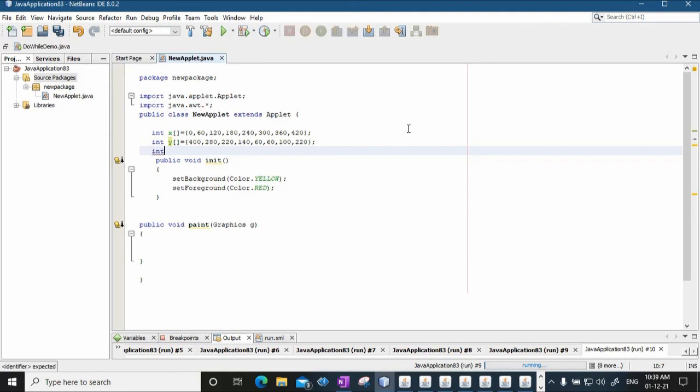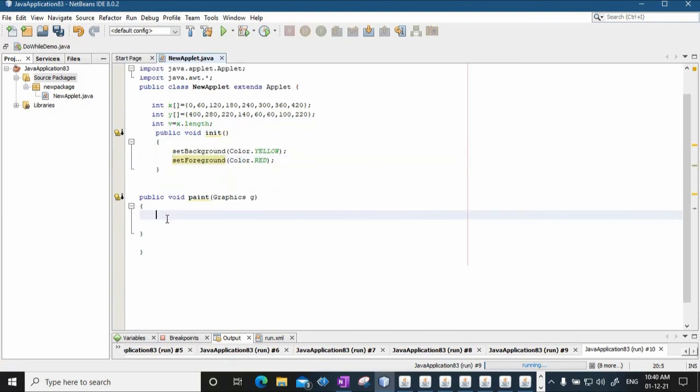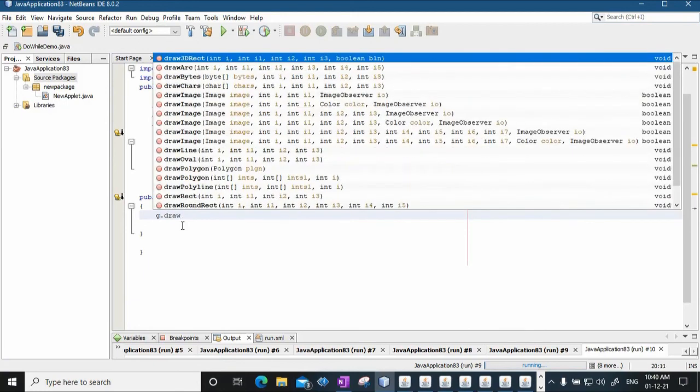Then for the number of vertices, I'll say int v is equal to x dot length, the length of x. Fine. And now in the paint method, I am going to only call the draw polygon method, g dot draw polygon.